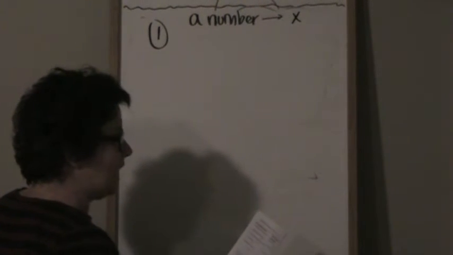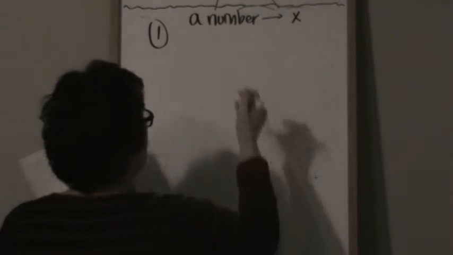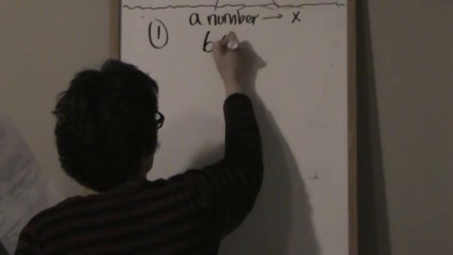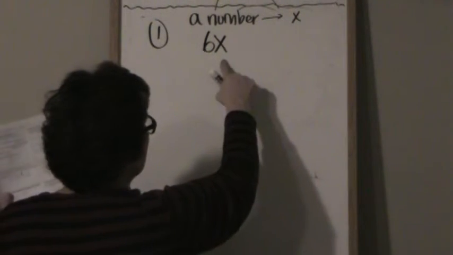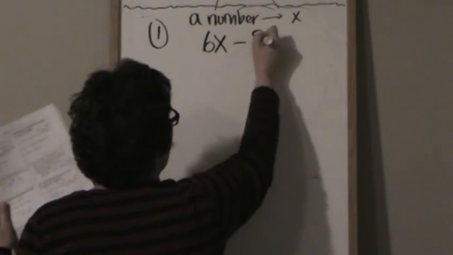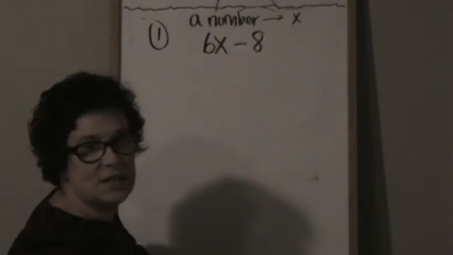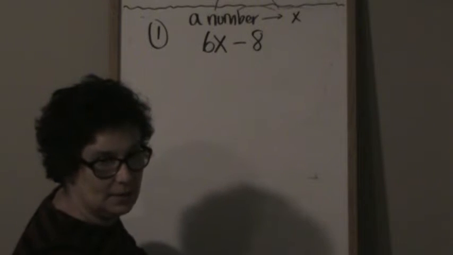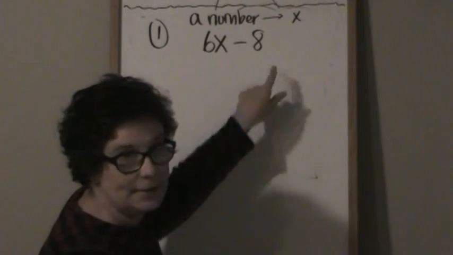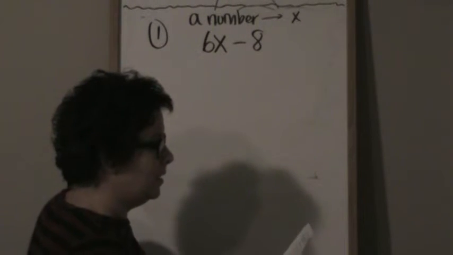So we're looking at 8 less than 6 times a number. 6 times a number. Remember, that's multiply, minus 8. Remember, it said 8 less than. So that's take away 8. Okay? Number 2